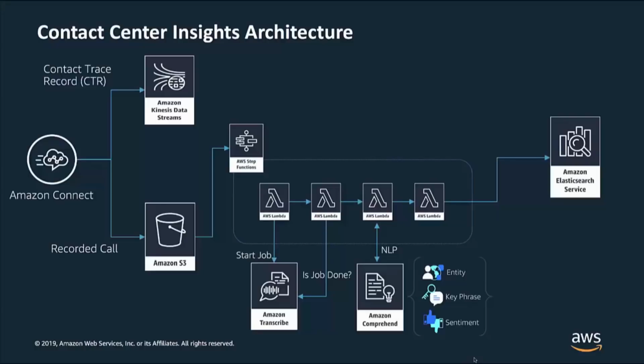In addition, all the data associated with the call details, which is made available from the contact trace records, can be streamed to the same Elasticsearch cluster. We use an upsert mechanism so that regardless of which data gets there first, the same document in Elasticsearch is updated. This results in one document that includes all of the details for this call. I'll show you an example of this in the following demo.